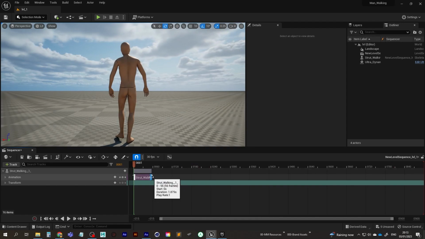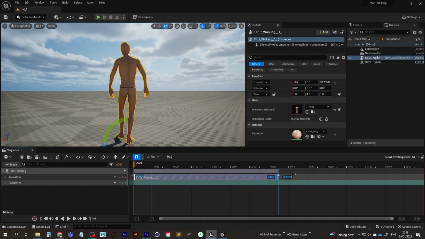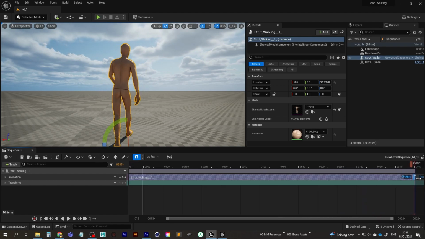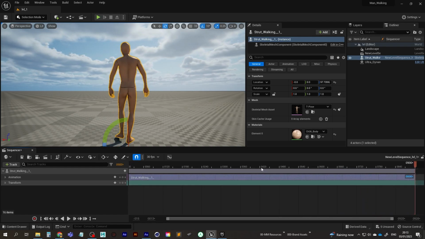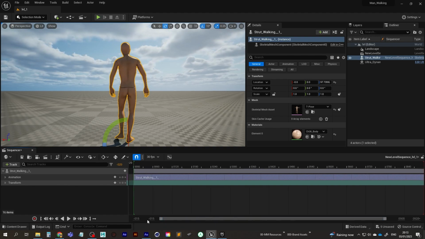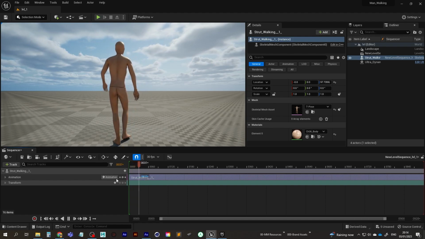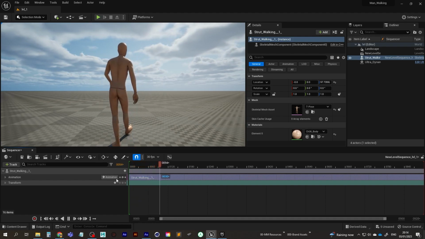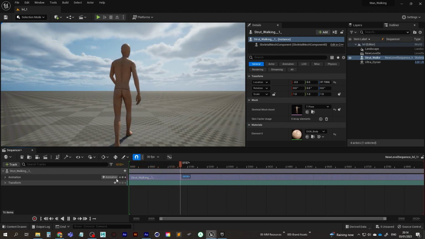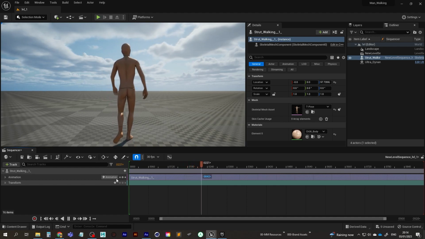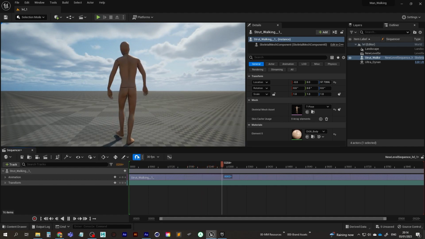And now we're able to click and drag this so that he's going to be walking for these 900 frames. We can get rid of this minus 0.15, set that to 0 so that our timeline starts at frame 0. If we hit play there, now you can see that he's just going to start walking and he's going to walk for those 900 frames.